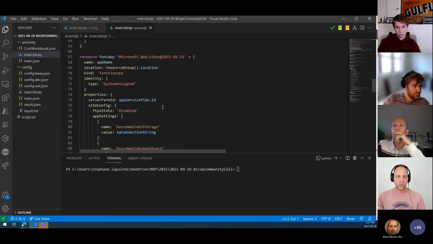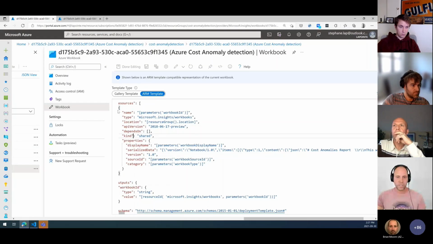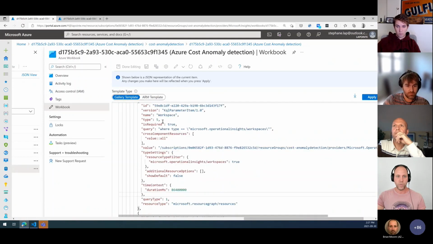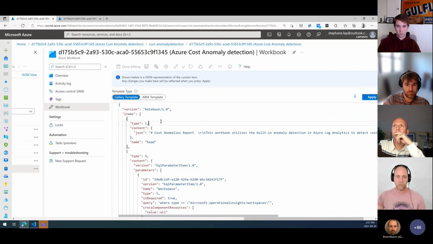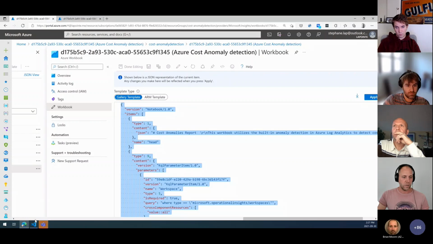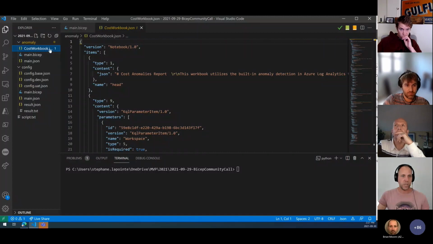But what I really wanted to show you is that instead of having this part that creates my resource for the workbook, I just need to go with the gallery template. This is really the raw JSON without escaping. So I could just copy paste that, go back to my solution. It's exactly the content that I have in my cost workbook.json.